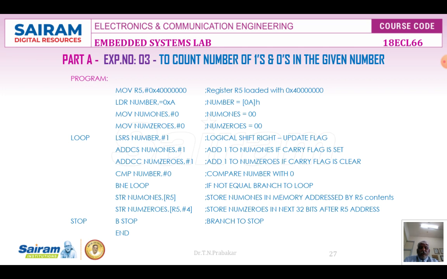Whenever I am going to add, it's going to be a 32-bit number. So if I want to save num0s, then I have to increment this by 4, so that 4 into 8, 32-bit, it will be incremented. And in the next location, I am going to store the number of zeros. Once these two instructions are executed, the number of ones and number of zeros available in the given data is already counted and stored in the respective locations. Then I am going to have a branching loop, which will be an infinite loop running at the same instruction point.